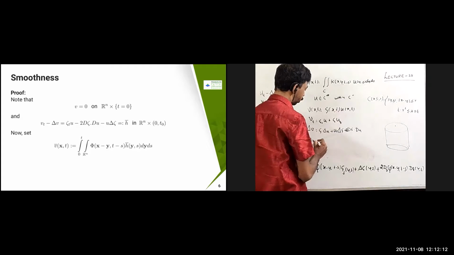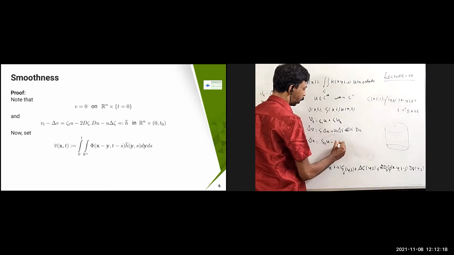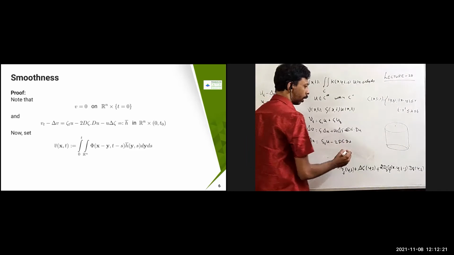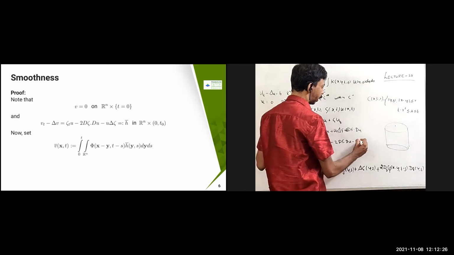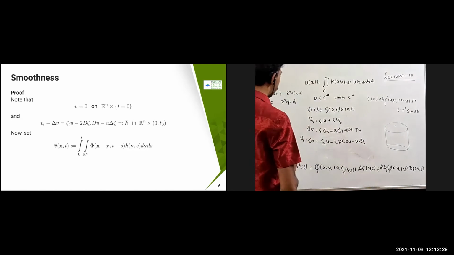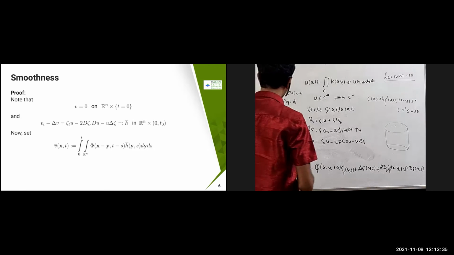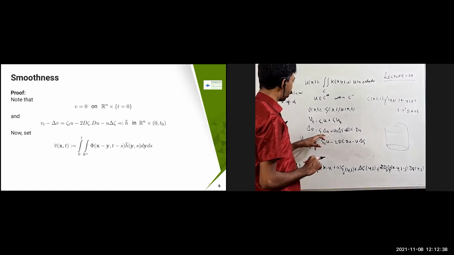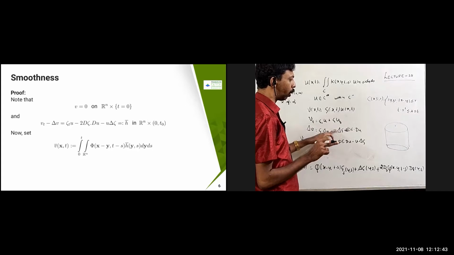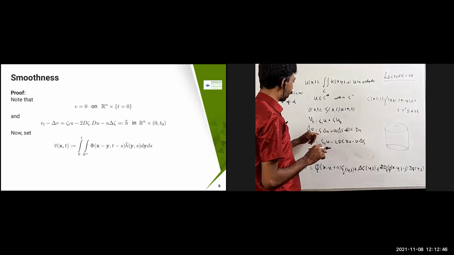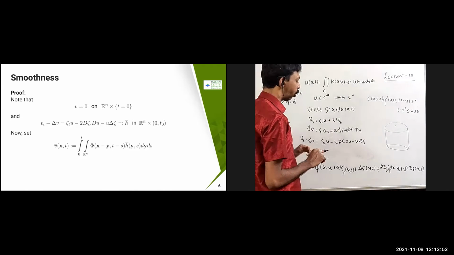Now vt minus del v, what is it going to come? It is going to be psi t u plus minus 2 into d psi du, minus u into del psi is going to come. Psi tu minus 2 del psi du. The remaining things, where del psi is outside that, it is going to be 0, so it is not going to be there. Only the remaining things are going to be there. Similarly here, this del u is going to be 0 on that remaining part. So what you are going to get is psi tu.